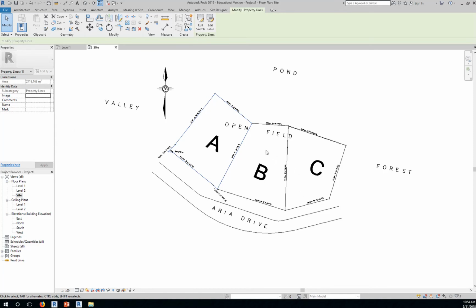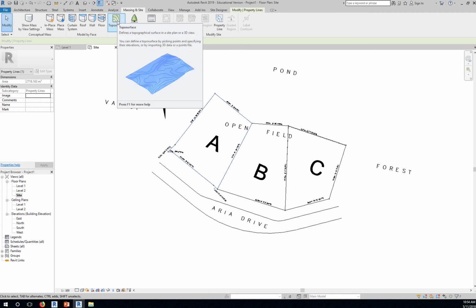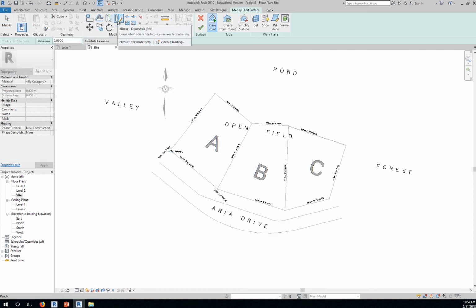To create the topo surface for this property, you can go to Massing and Site, and this time select Topo Surface. Now, when you're creating a topo surface, all you need to do is place points initially at a certain elevation. So let's say your site is a little bit lower than 0, where 0 is your finished floor line for